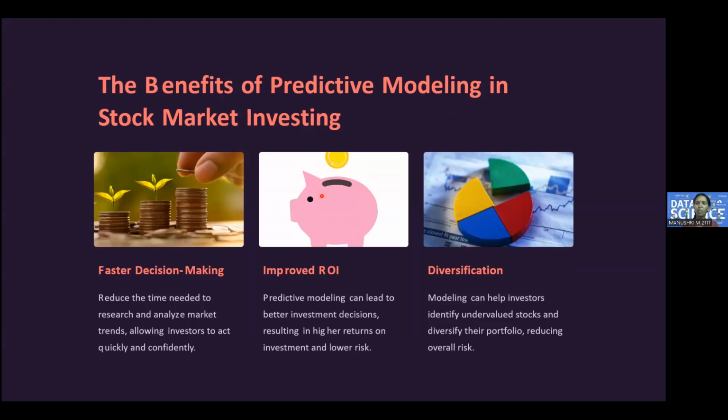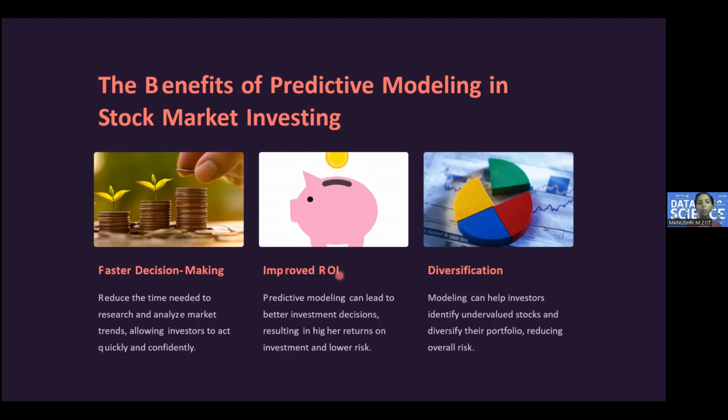So why should we predict the stock market, and what's the usage of it? For this question, this is the answer. By predicting the stock market, we will be able to make decisions faster. We will be able to invest our money in a very short period of time so that we will have a very good gain in the future. So faster decision making is a very important factor of predictive modeling in the field of stock market,